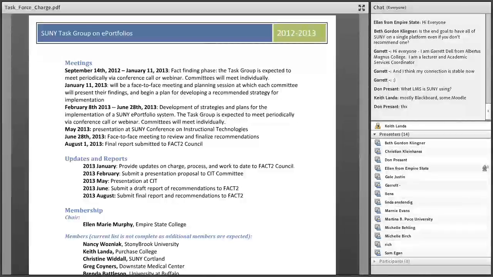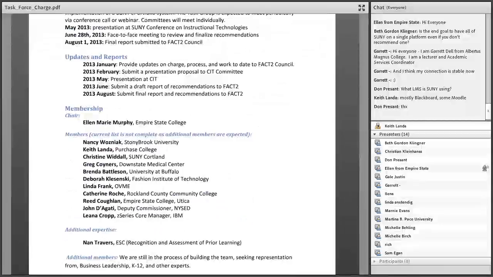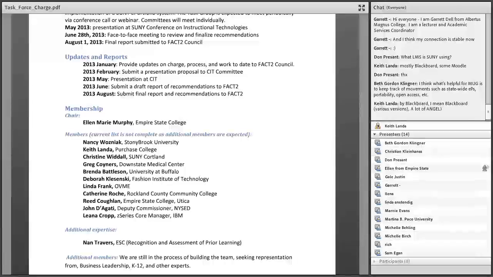So whether the credits will transfer over as a prior learning assessment, recognition of prior learning, or what the provost is thinking about in those terms, he clearly stated that part of our charge, one major part of our charge, is to look at prior learning assessment and bring this into the whole ePortfolio initiative. I think a lot of schools in the SUNY system are looking at badging and alternate forms of assessment, and that this is also going to be part of this because we're just undertaking this, and a year from now a lot can change.